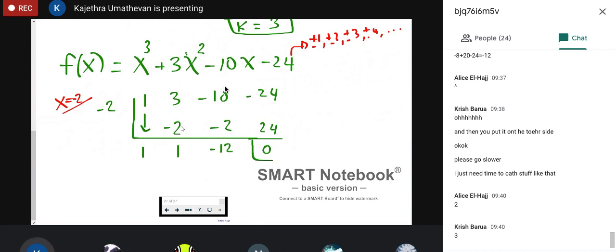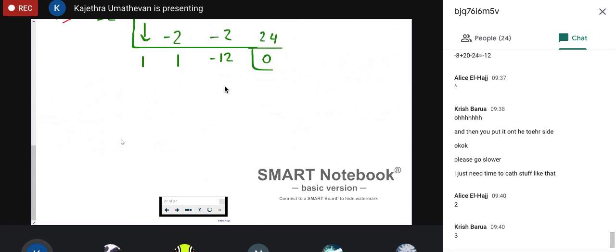So now that we have this, we know that this is x to the power 3. So we can write f of x. Our factor here was x plus 2, minus 2. Now we have